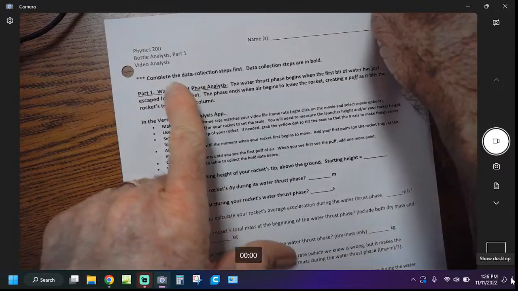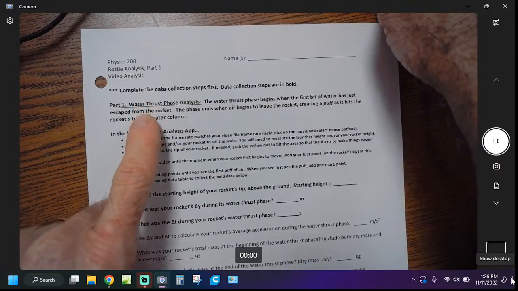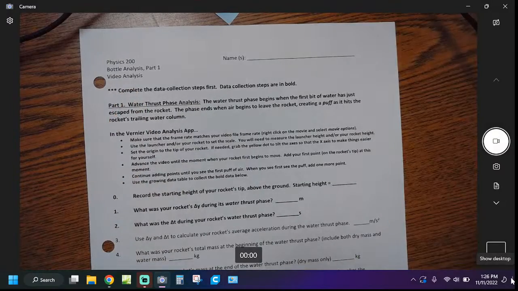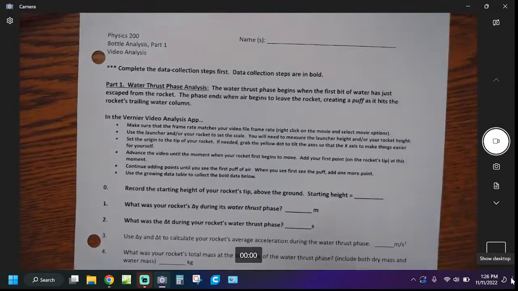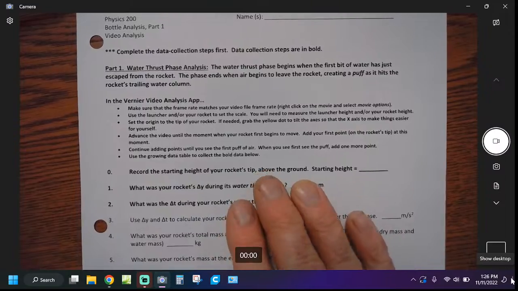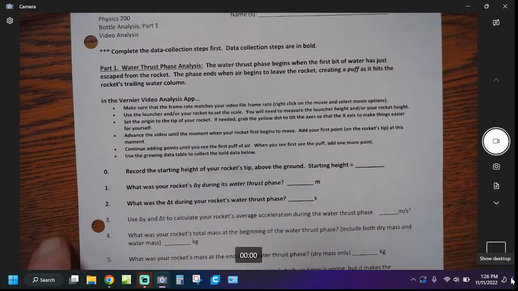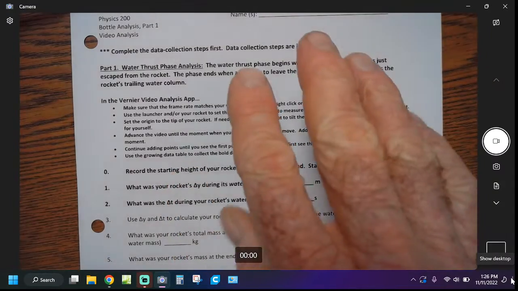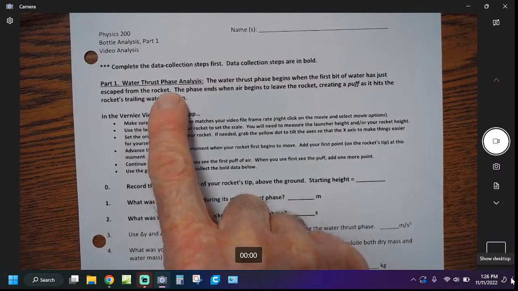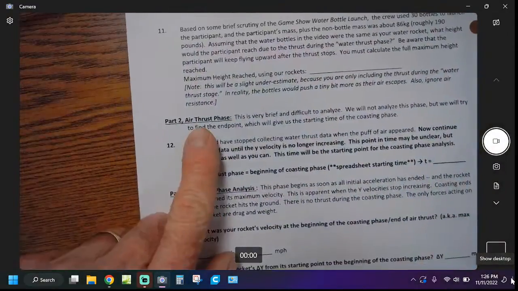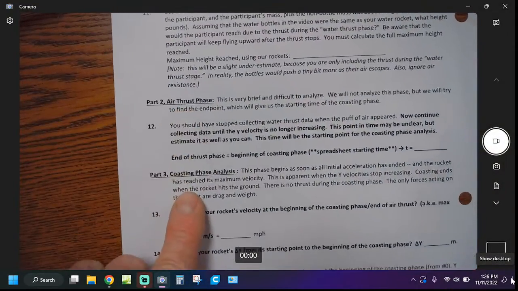This is water bottle rocket analysis part 1. I'm not going to bother with brightening this so you can see it because I'm going to be mostly working on the screen. But this is about these phases: water thrust phase and air thrust phase, and then the beginning